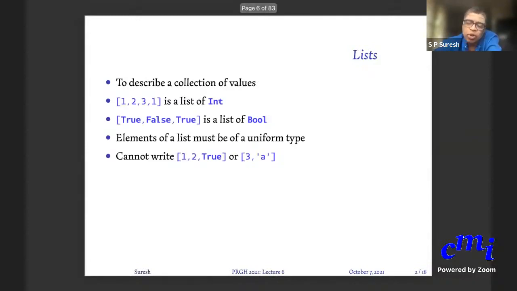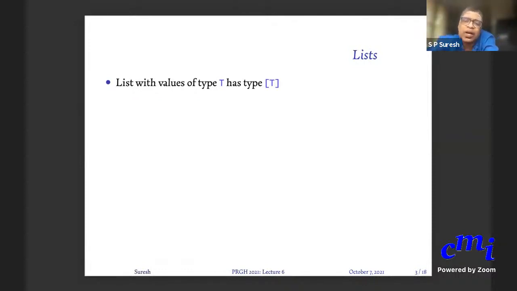Lists whose values are of type T, and I just now told you that it has to be the same type T throughout all the values, the list itself is of type list T. T is the name of a type. It could be Int or Bool or Char or whatever, and you enclose the type itself in square brackets.